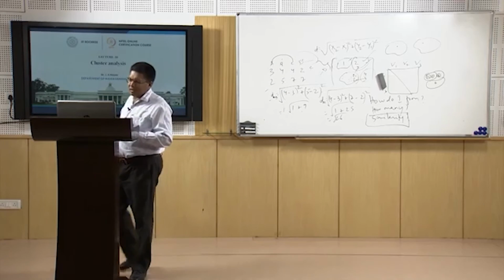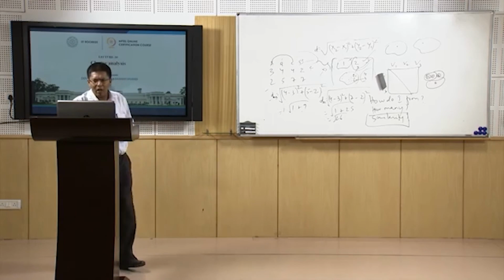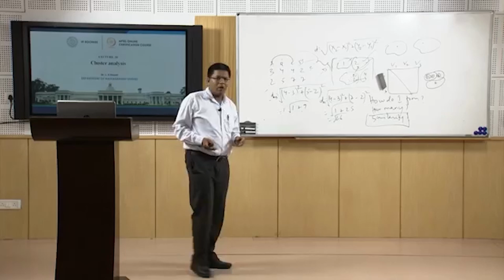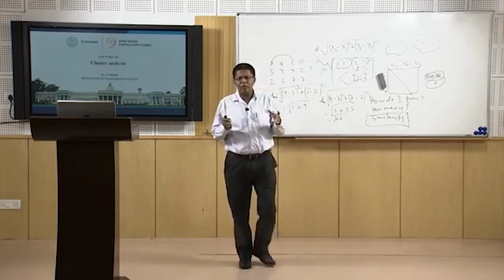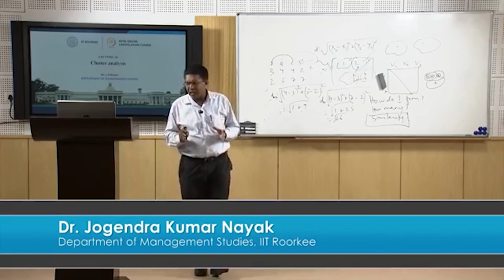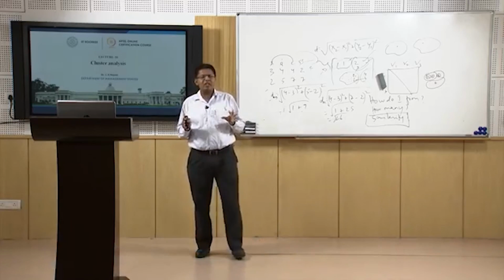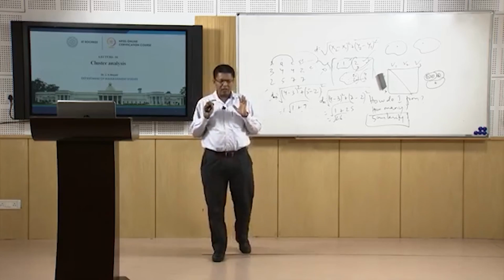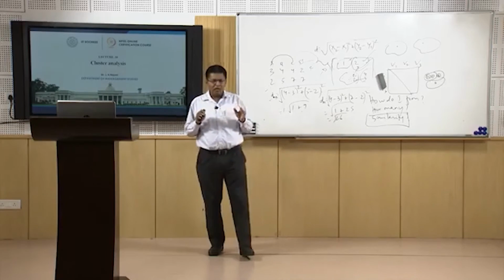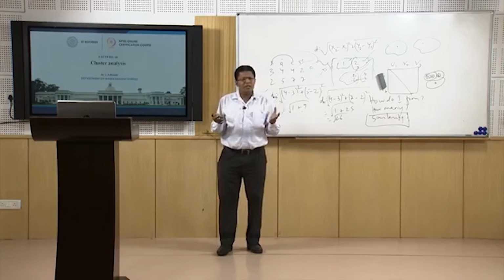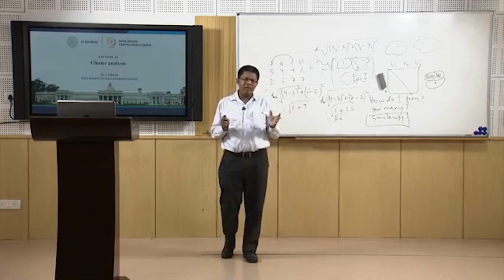By doing this, I will explain in the next session how we calculate this part also, this overall similarity measure, the average within-cluster distance. So we are identifying the number of clusters, and through this data we can finally say how many clusters in this case we should have. This is just the introduction to cluster analysis. In the next session we will get into more details, how one should form the clusters and how one should then interpret the clusters, okay. Thank you for this session.